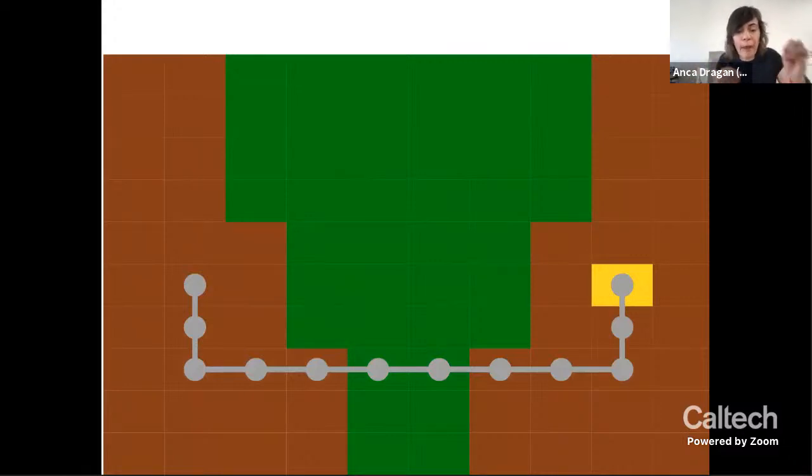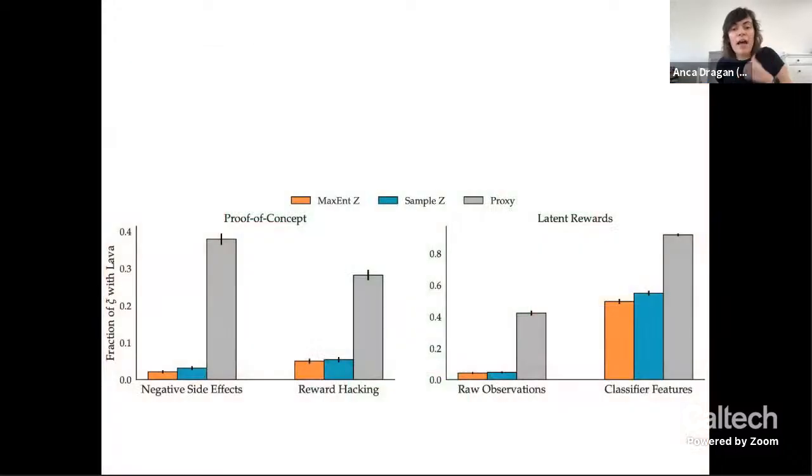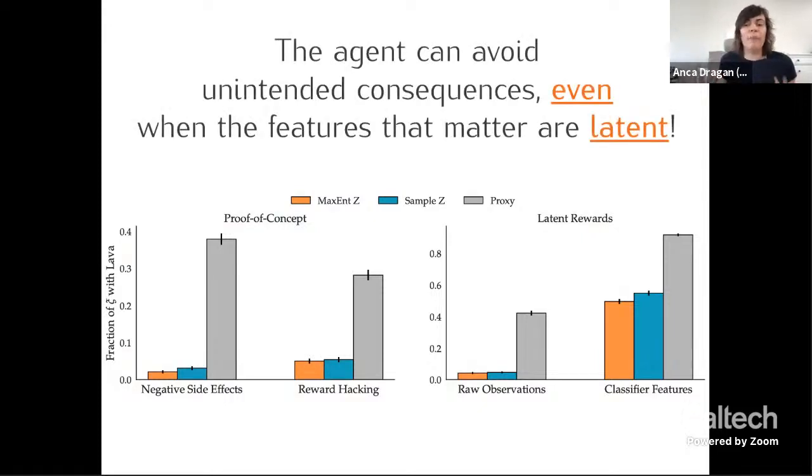Essentially what we do is we train features for the things that we observed in the development environment. So we teach the robot to recognize grass and target and dirt, and then we define a reward function that weighs these different things, okay? But we don't say anything about lava because it's not in the development set, so we don't think about it. And then we do the inference based on development environments, and we test it in environments that have lava. And what we see is that risk-sensitive planning on that posterior ends up avoiding lava. So this means that it implicitly knows, not that lava is bad, it doesn't know that, but it knows that it doesn't know whether lava-like things are good or bad.